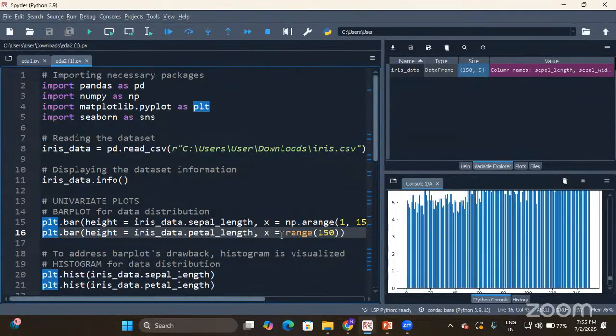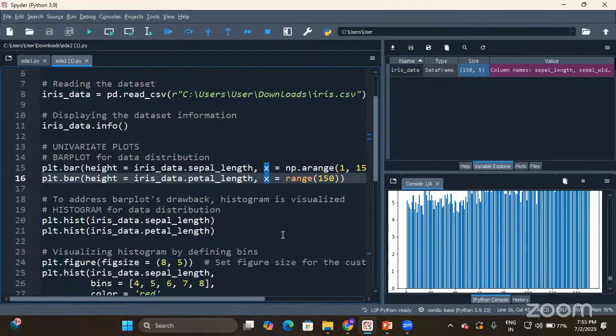Now, let me also try in a different way. I'll visualize a bar plot in which I am passing the values of petal length to the height parameter, but to the x parameter, I am passing range values. Do you remember range? The data type range. The purpose of range is to store a sequence of positive integers with an interval.